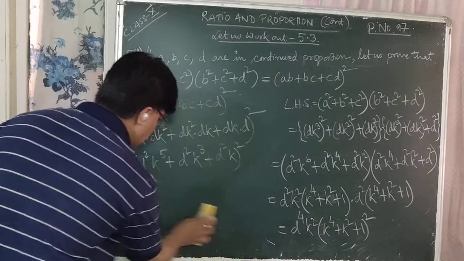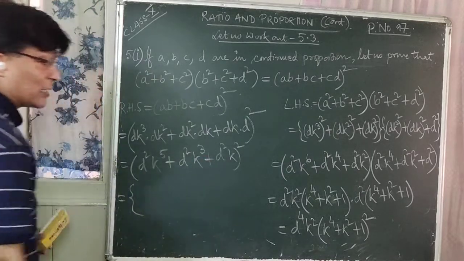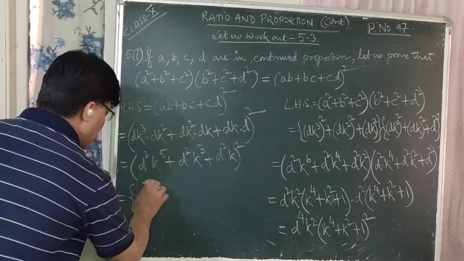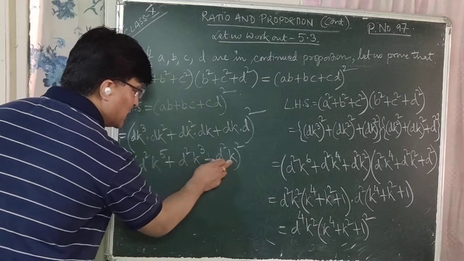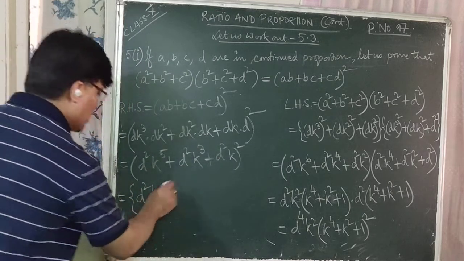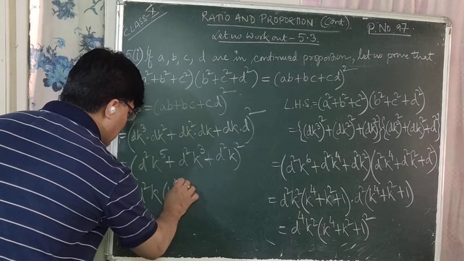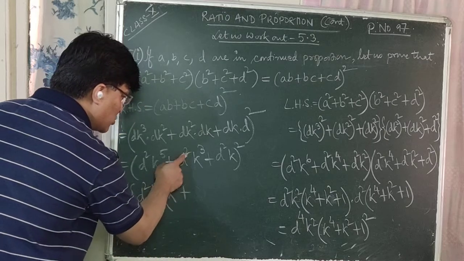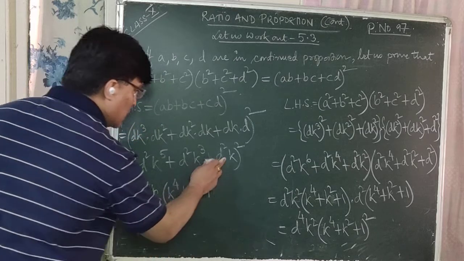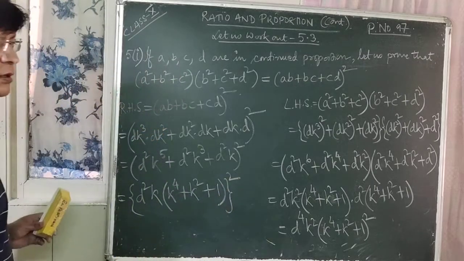So let's simplify it again. So it is equal to, within second bracket, what is common here? Let us take out common within the whole square. So what is common? D square is common. So among these K to the power 5, K cube and K, which one is the lowest power? K. K to the power 1 is the lowest power, so it is taken common. So within bracket, what do we get? D square K is common. So K to the power 4, plus, from D square K cube, D square K is taken common, so it is K square, plus here D square K is common, so it is 1. Second bracket closed, whole square.